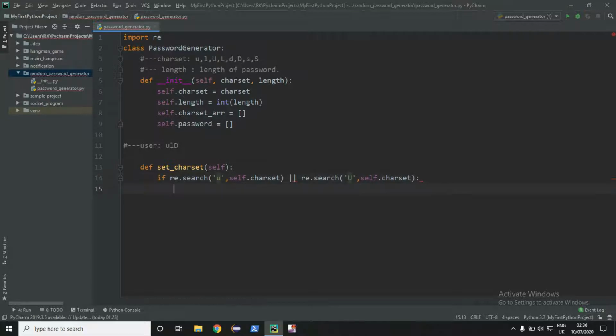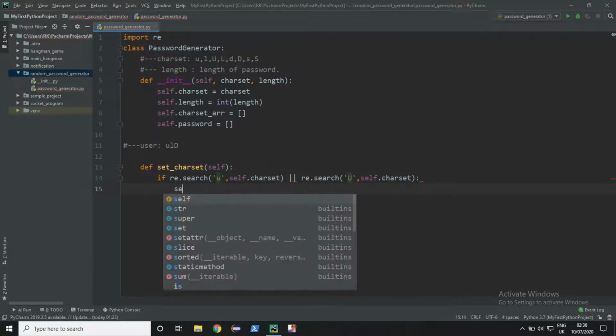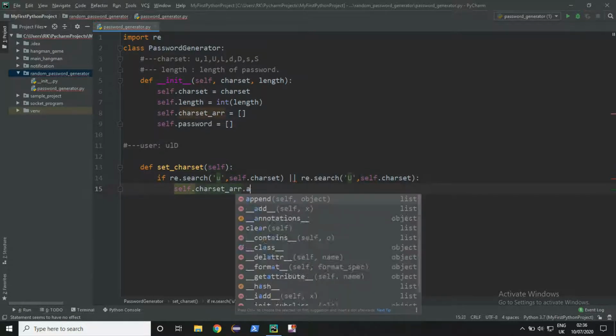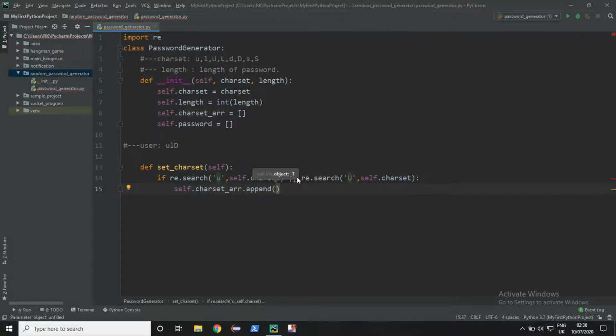Now we are going to append in the charset array. Here we are going to import one more new library called string.